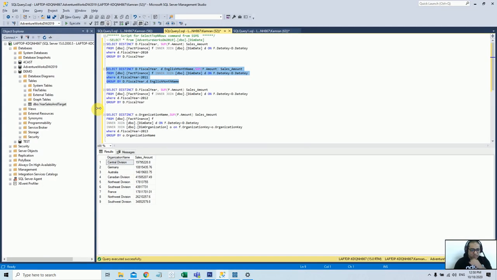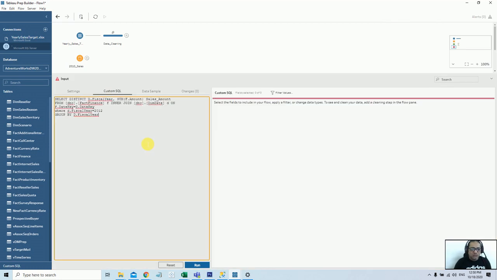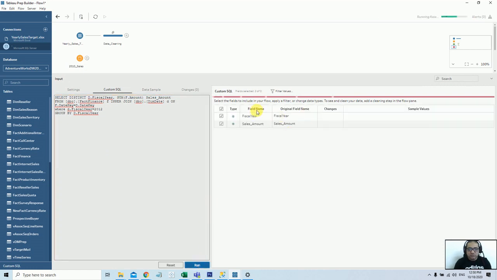If you go here in the SQL Server, we have another set for 2012. Just grab this, and this time I will again need a SQL connection and SQL custom connection. I'll just run this to get the 2012 sales, and I can rename this 2012 sales. And this aggregated value you can pick, because this was monthly level, you can also rename this 2011 sales. So now the results of this and this will all be similar, if you see now.